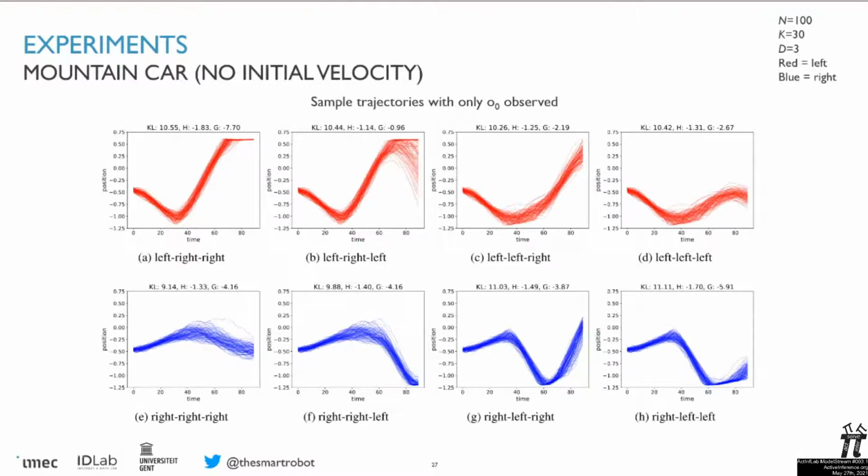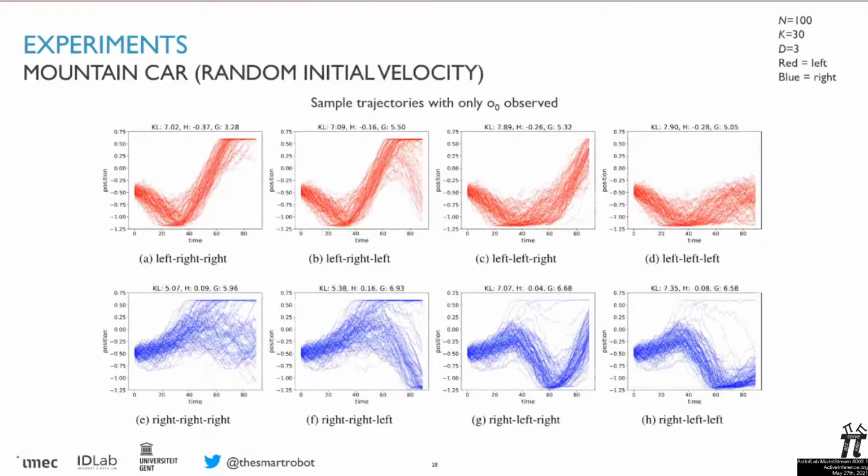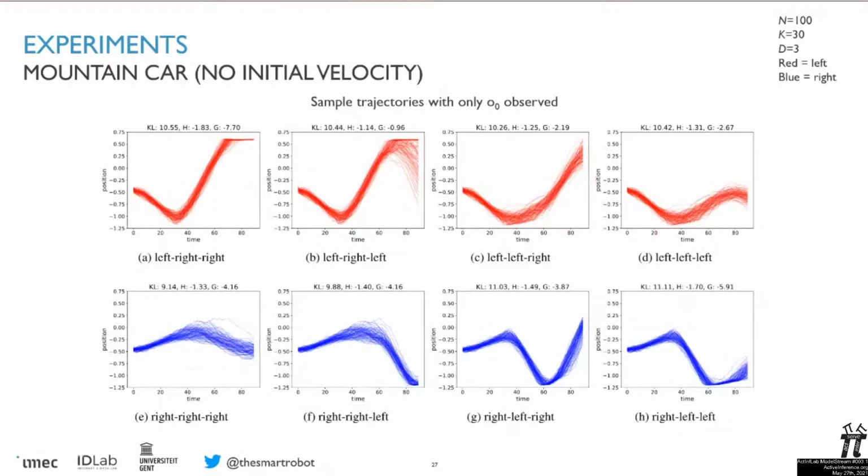Inversely, if you look at the policies that first go right, then you see that there's close to no spread due to the lack of initial velocity, but the agent already knows that it's impossible to reach the top. Now, if you go to the next slide,